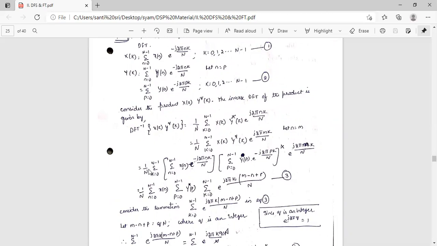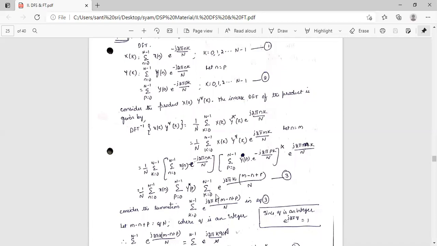Right, so it is equal to, already X of k, Y star of k values are there. So it will become 1 by N into sigma k equal to 0 to N minus 1, sigma n equal to 0 to N minus 1 x of n into e power minus j 2 pi nk by N, and sigma p equal to 0 to N minus 1 y of p into e power minus j 2 pi pk by N whole star. Why? Because it is Y star of k whole star into e power j 2 pi mk by N, right? So by interchanging the order of summation here, 1 by N sigma n equal to 0 to N minus 1 x of n into sigma p equal to 0 to N minus 1 y star of p